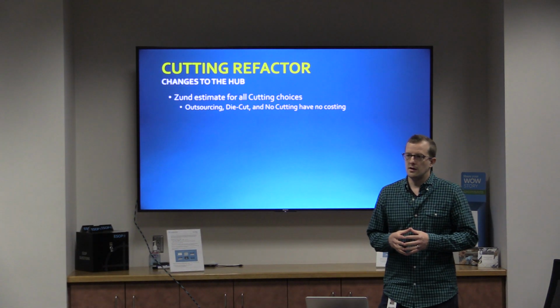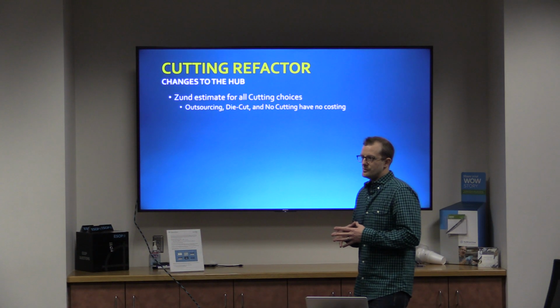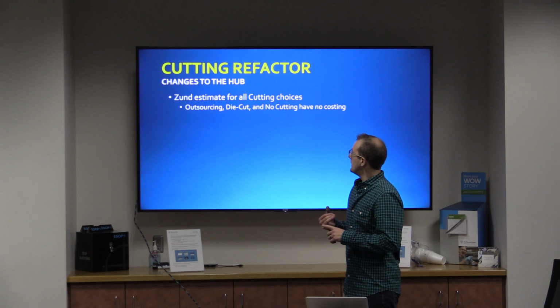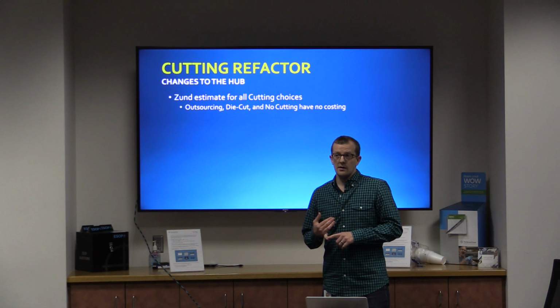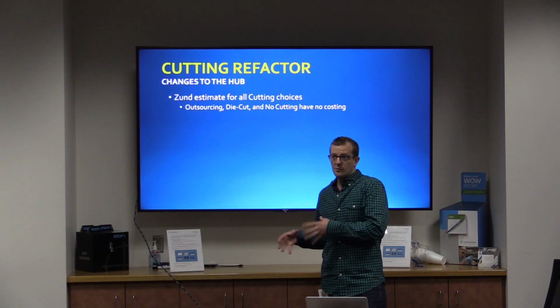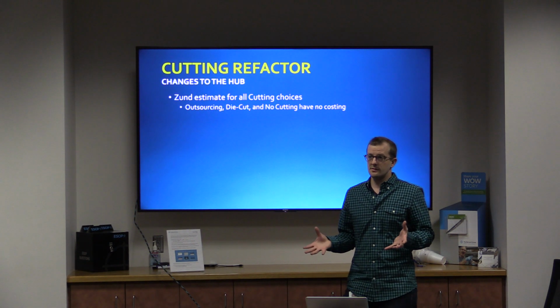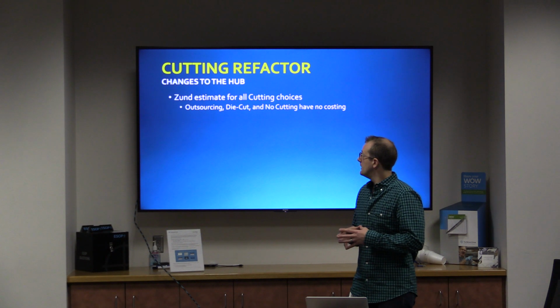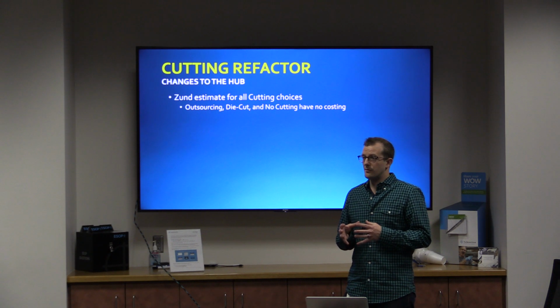A few of the nuances with the new Zund refactor, or the new cutting refactor. All estimating, as it was last week and will be this week, is Zund based. So it's assuming your job is going to cut on the Zund. All right? So if you select guillotine or saw cut or any,